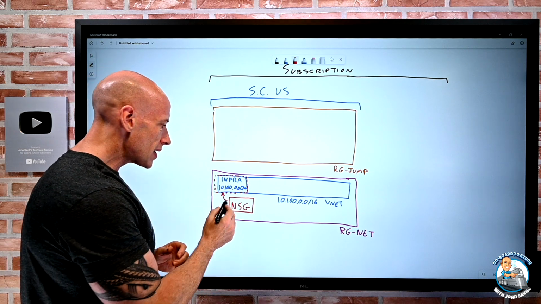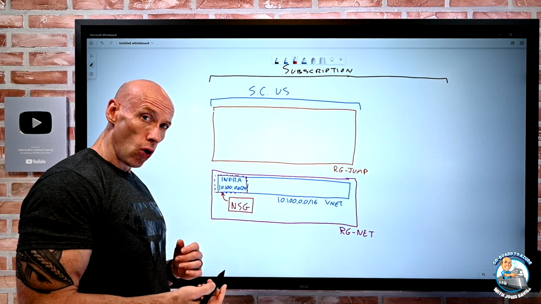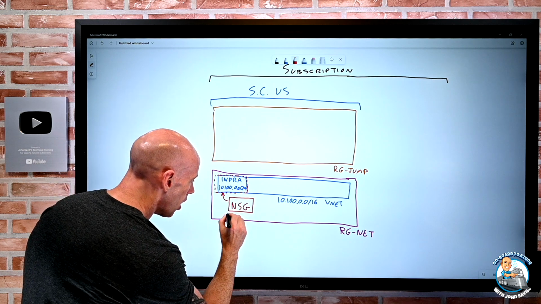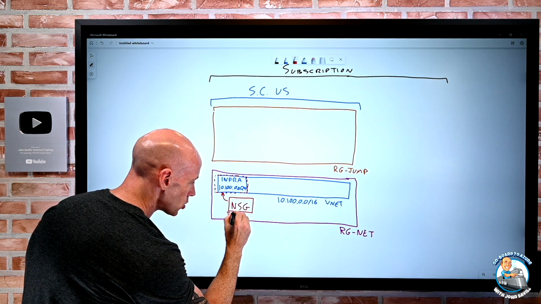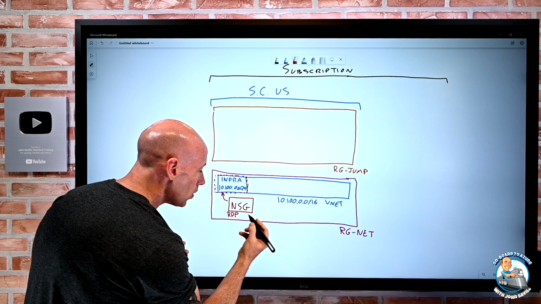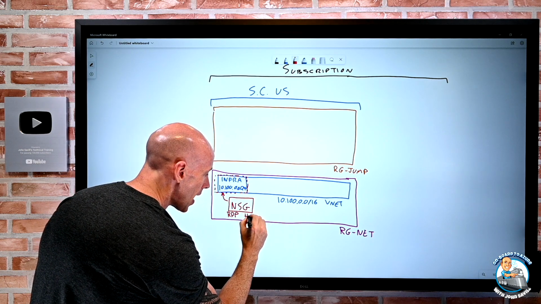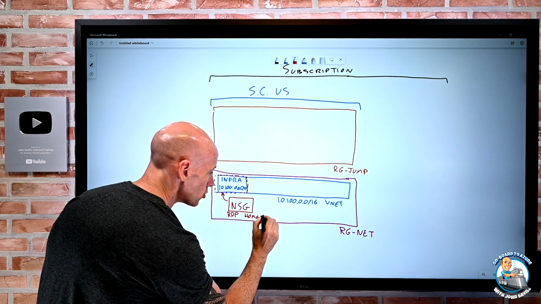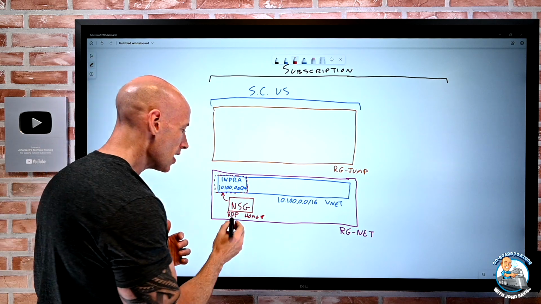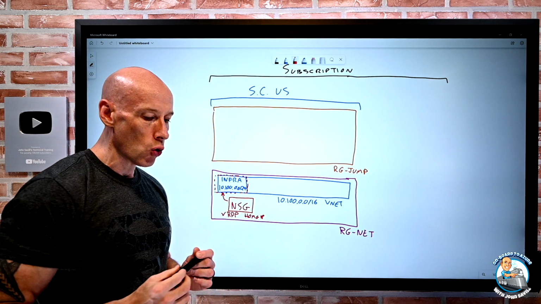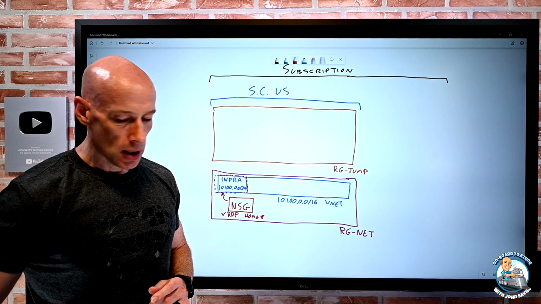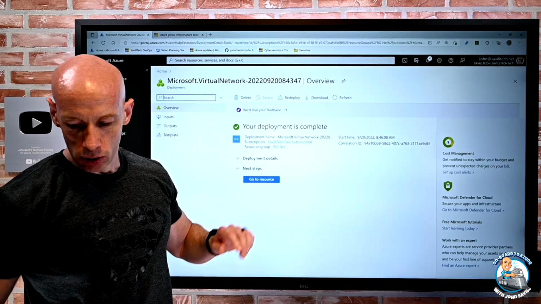So what we can do is we can say, hey, I'm going to create a custom rule that's going to allow RDP, in my case, so it could be SSH, only from my home IP address. So it could be your work IP address. So we're going to add a particular rule just to allow that. So if we jump back over to our portal,